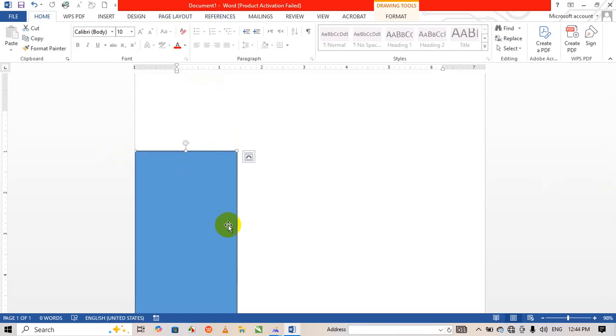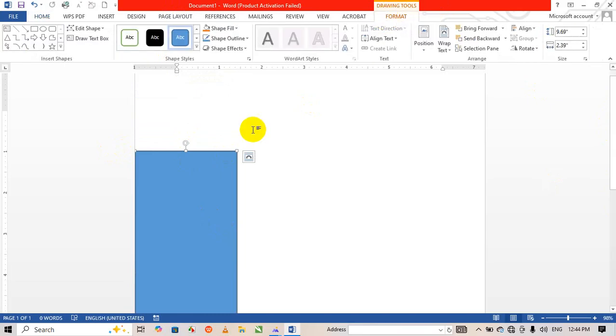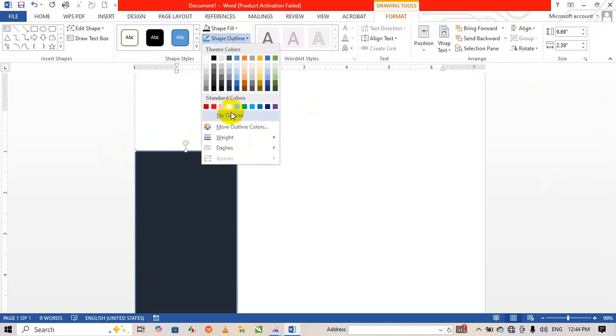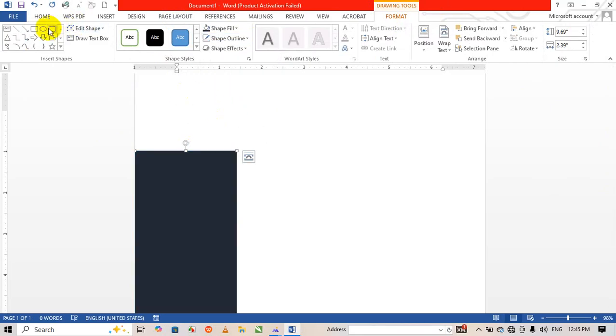Change the color: click on this, come to Format, choose Shape Fill. Shape Fill, I select this color. Outline, no outline. When you click this one, now come to Shapes, select